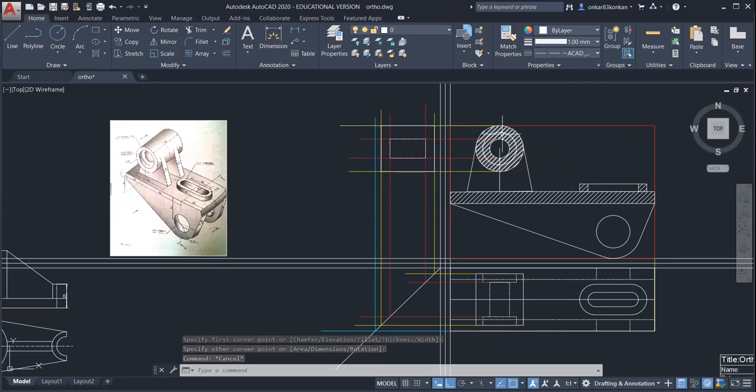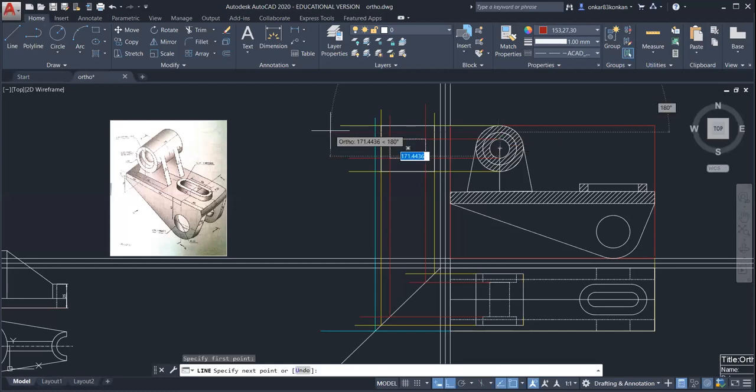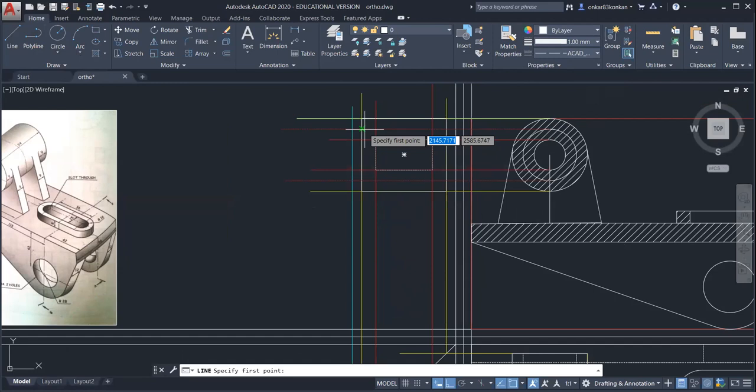Now for this circle, so this part will be hidden. Okay.